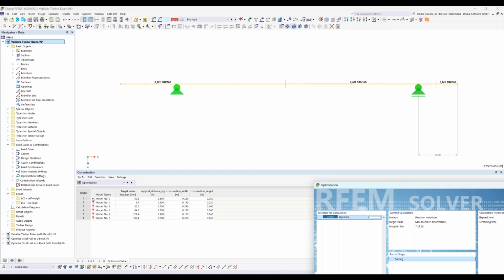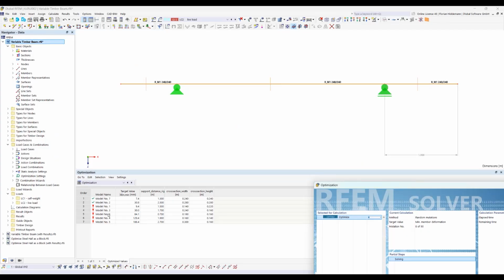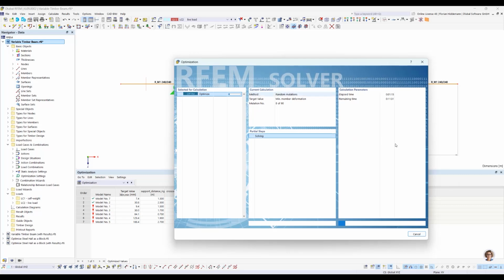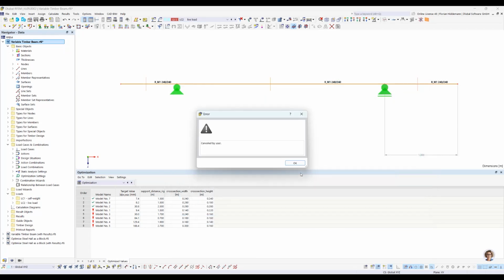So with this nice feature here, I show it, we can see easily which calculation fulfilled design checks and which not. And now if I cancel this calculation run here,